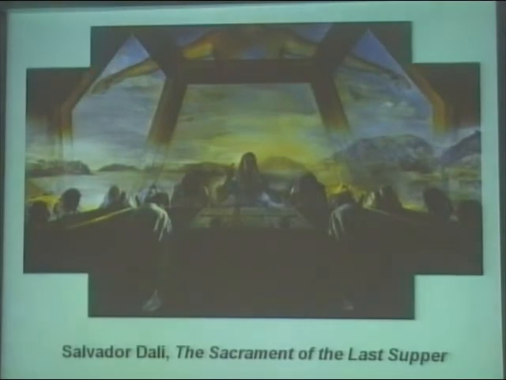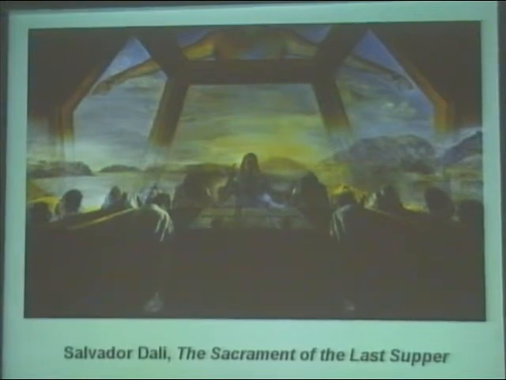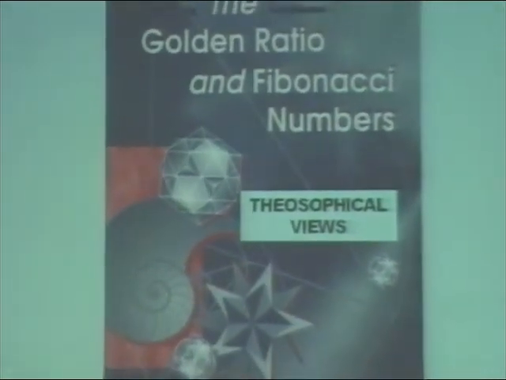And here's a famous painting by Salvador Dali of the Last Supper, and it shows Christ and the apostles at an altar, and what is the shape of the altar? It's a golden rectangle. Now you're seeing it in perspective, of course, but it's a golden rectangle. And what is it we have here in the background? One of those Platonic solids? Exactly. And so Dali, too, was concerned with the golden proportion.